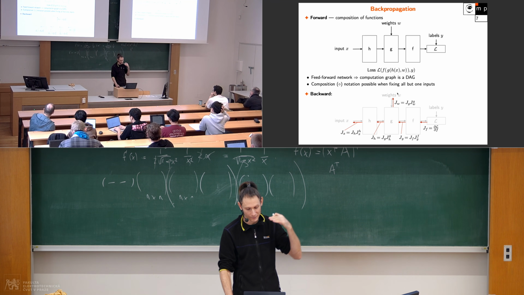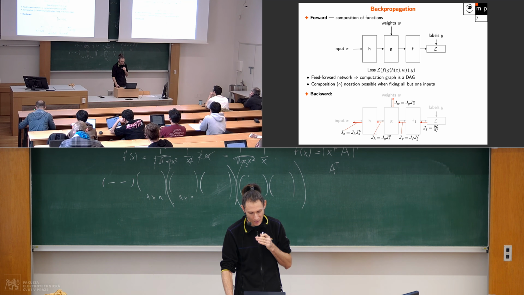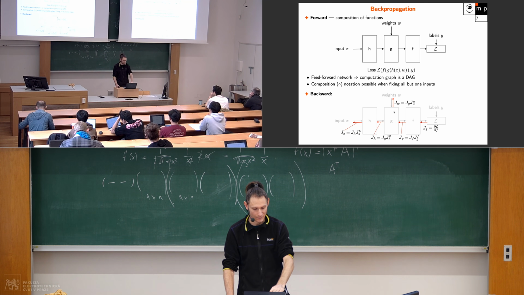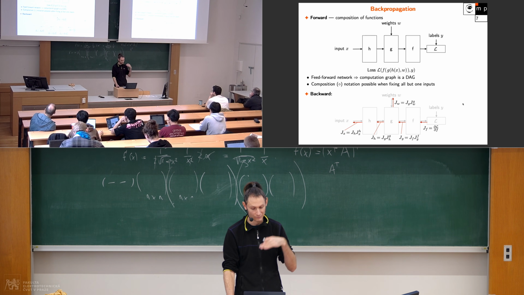If there are some more inputs, there is a similar chain with respect to the other inputs, and this part is shared, right? So suppose that this x is fixed and we are now just varying the w and want the derivative with respect to w. If we repeat all the derivation and calculation, we find out that it's going to be composed of the same sort of part of the chain rule for this f and the loss,